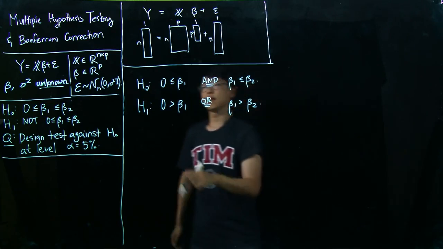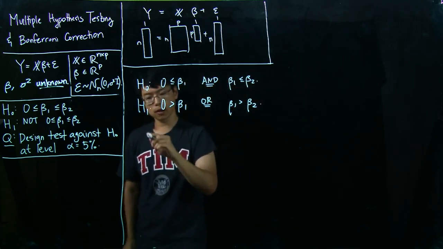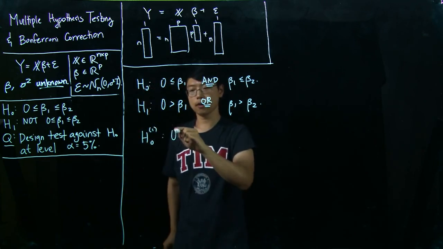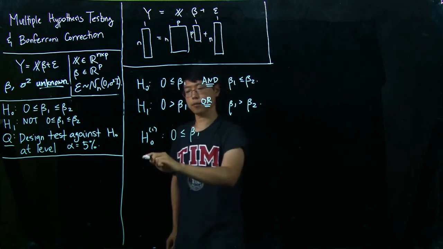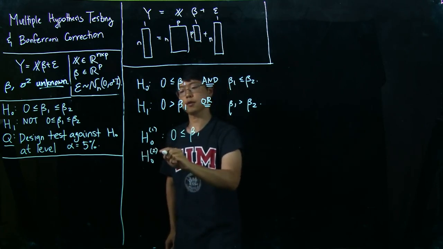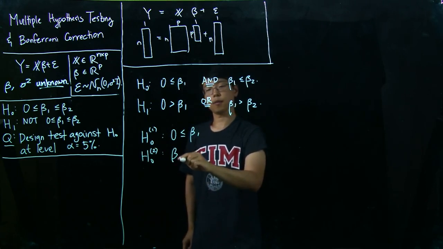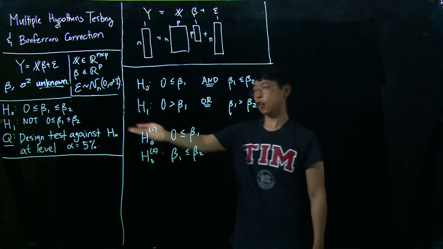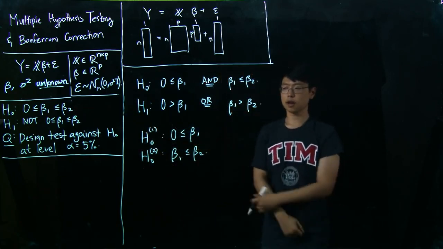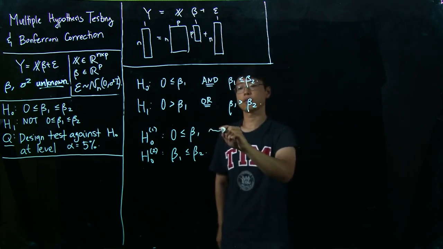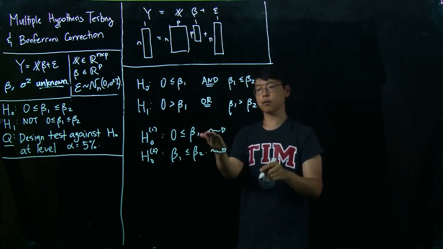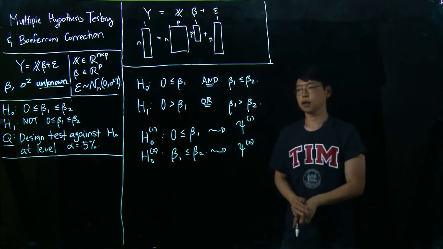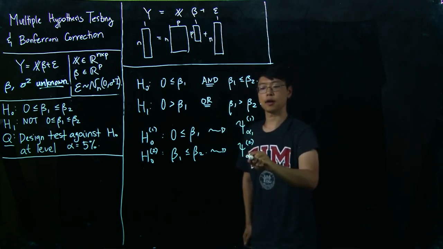Okay, so for the sake of argument, let's call H0 with the superscript 1 this first half, 0 less than or equal to beta 1, and H0 with the superscript 2 beta 1 less than or equal to beta 2. These are not actually our null hypotheses. Our final null hypothesis is this one, but for the sake of argument, I'm going to write these down separately. And let's associate with these tests psi 1 and psi 2 at some level alpha 1 and alpha 2,